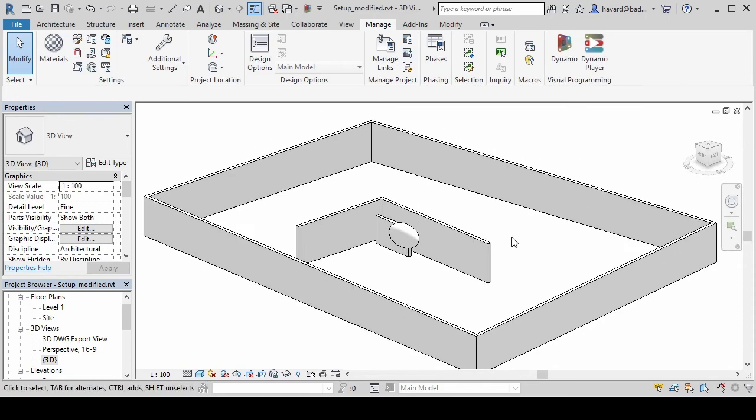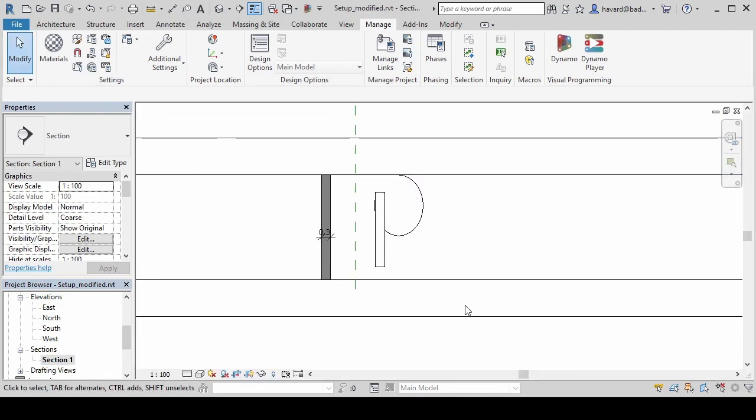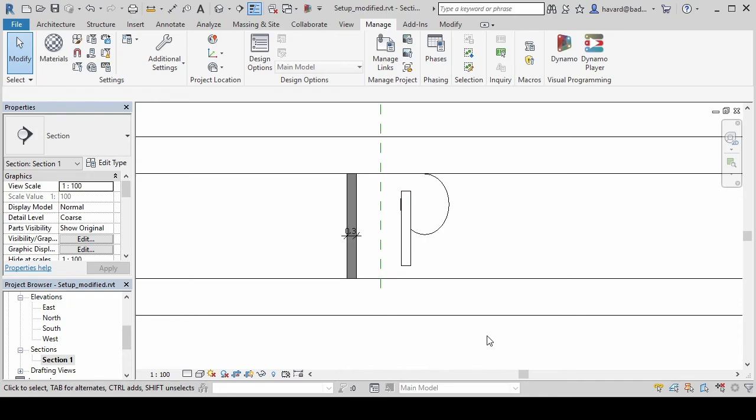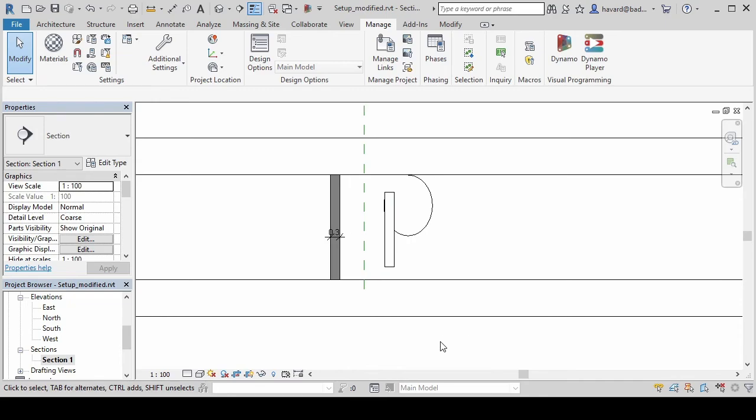We can use the same method of applying view filters to views to get some information about the geometry in 2D views. Let's take that section, for instance, where we're looking at the box and the elliptical sphere.